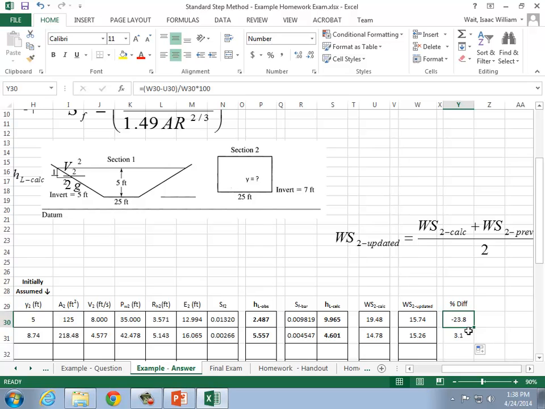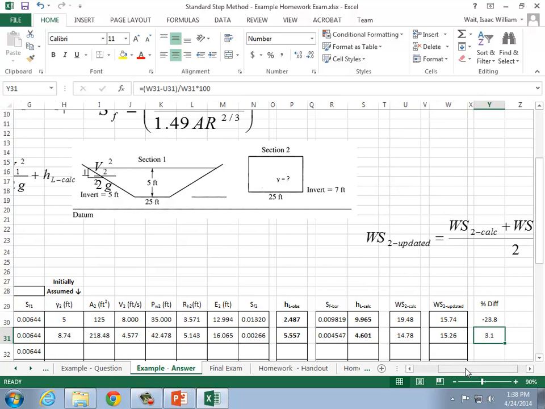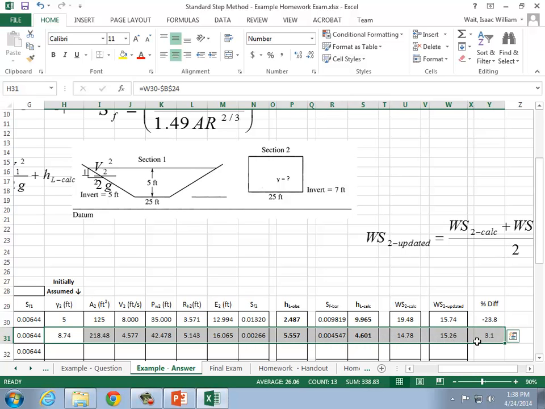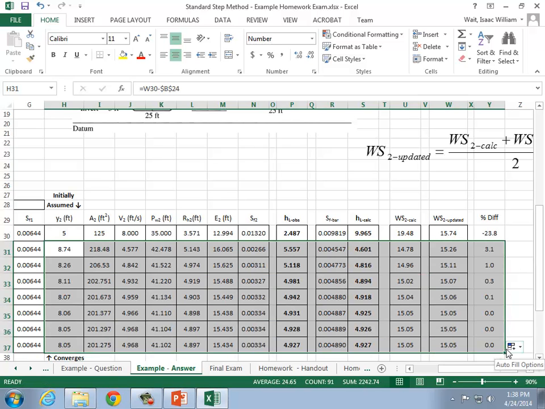We went from 24% difference between the input and the output value to 3% difference between the input and the output value. And if it's not converging, there must be an error someplace. So if I drag that down again several times, it's going to automatically,